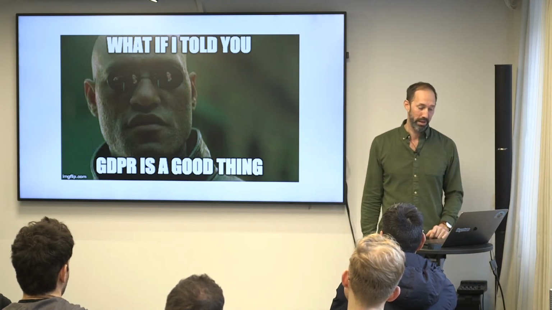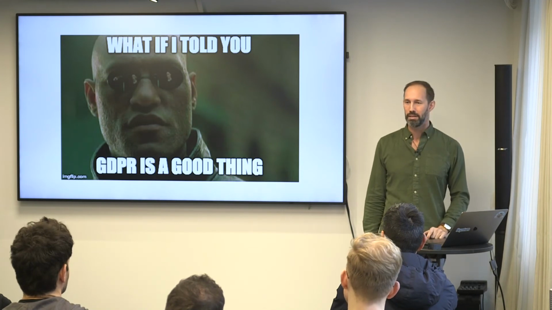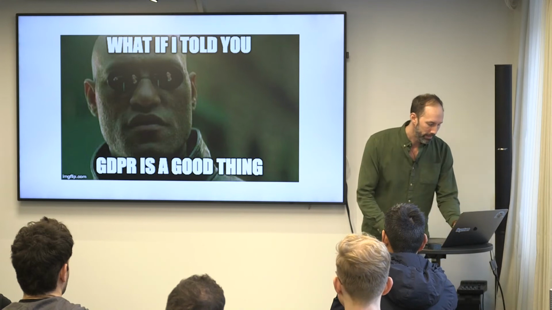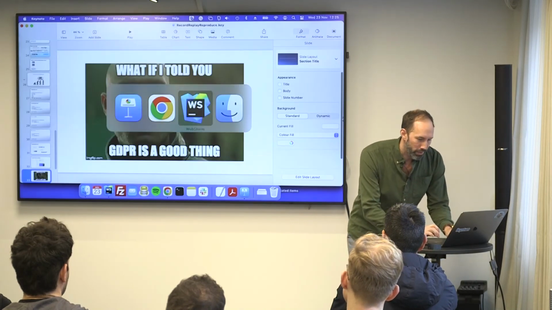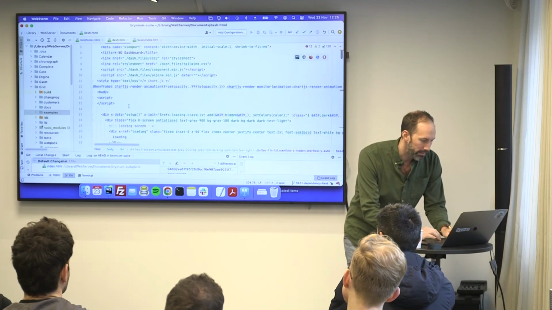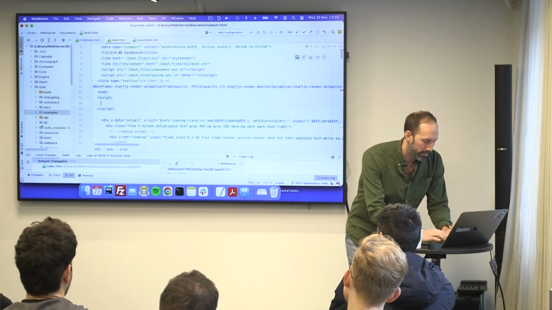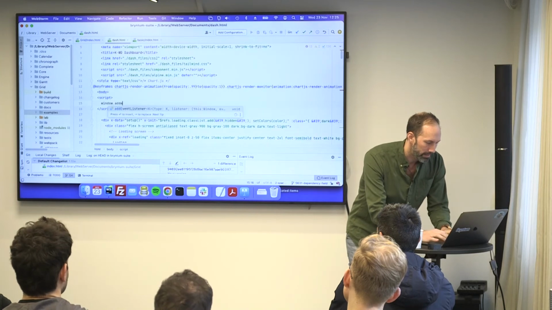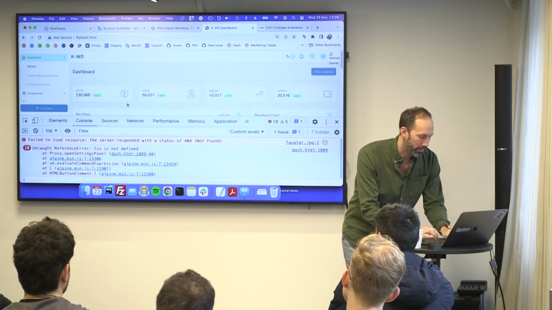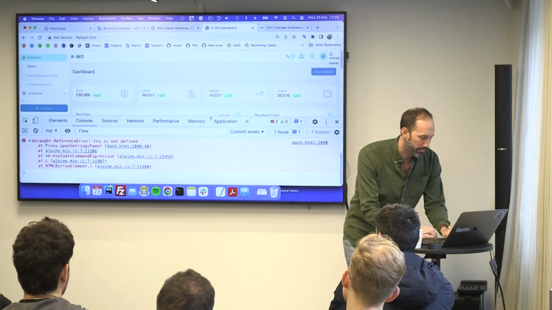So GDPR has to be taken into account to scrub data or have opt-in for everything and so forth. So I thought I'd show you a quick way how to roll a simple error logger. It's not more advanced than this: error, and then we can just do, for fun, console log,